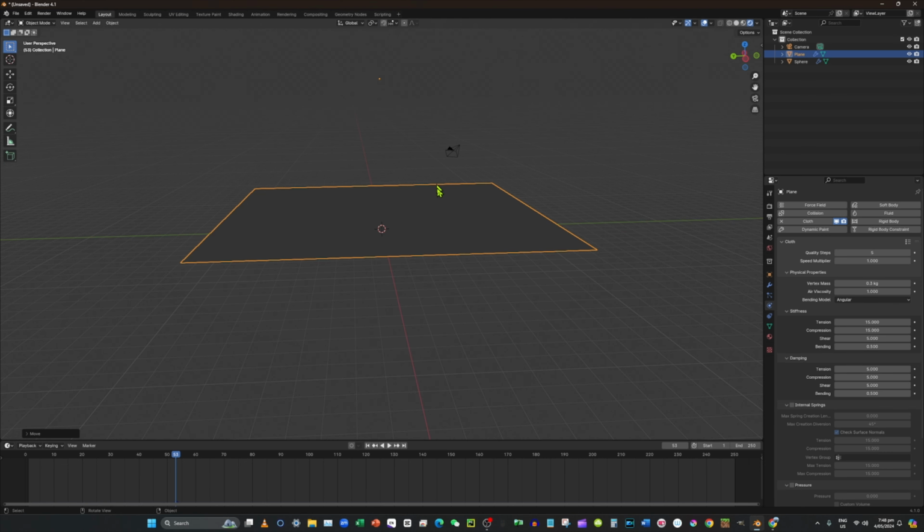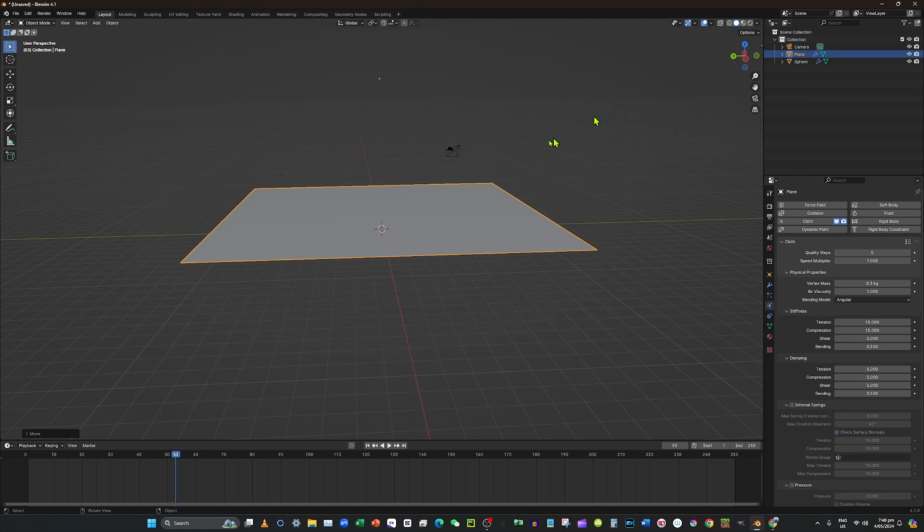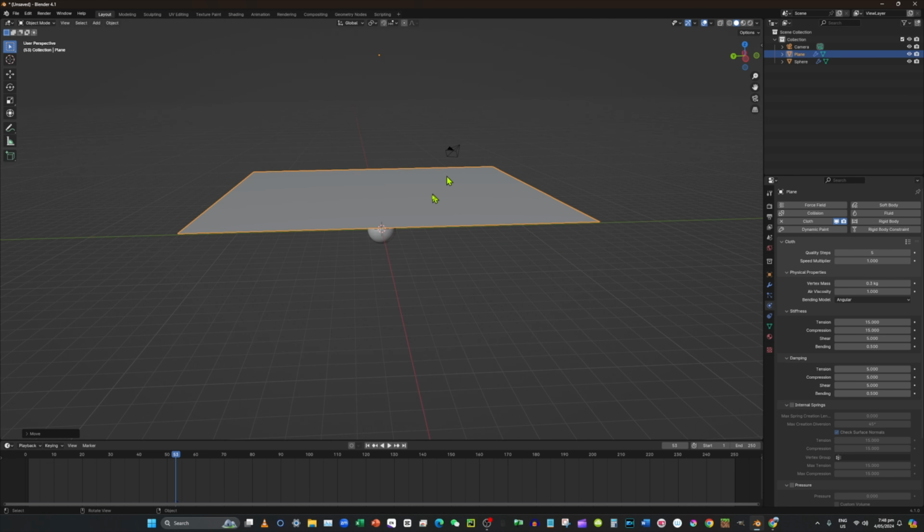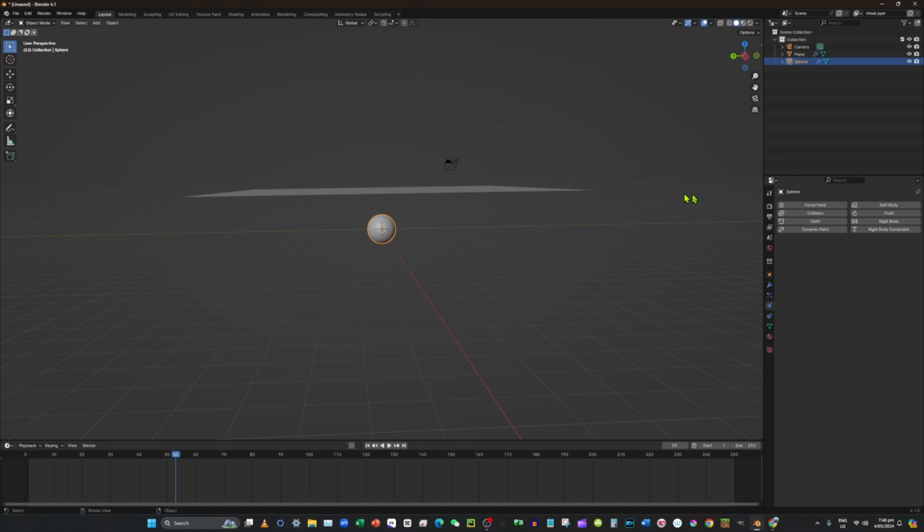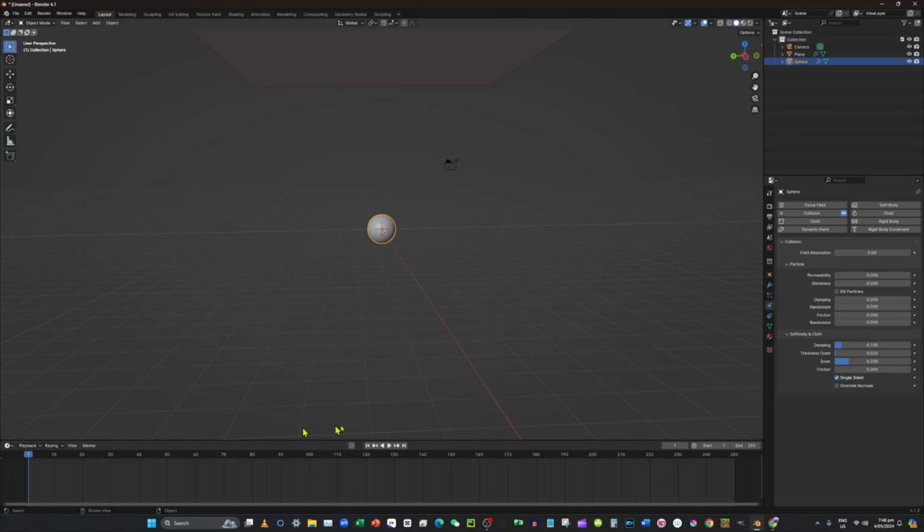It's kind of slow as well because of this. But if we select the sphere and press collision, and then now if we press play, it does that. It doesn't look like a cloth because